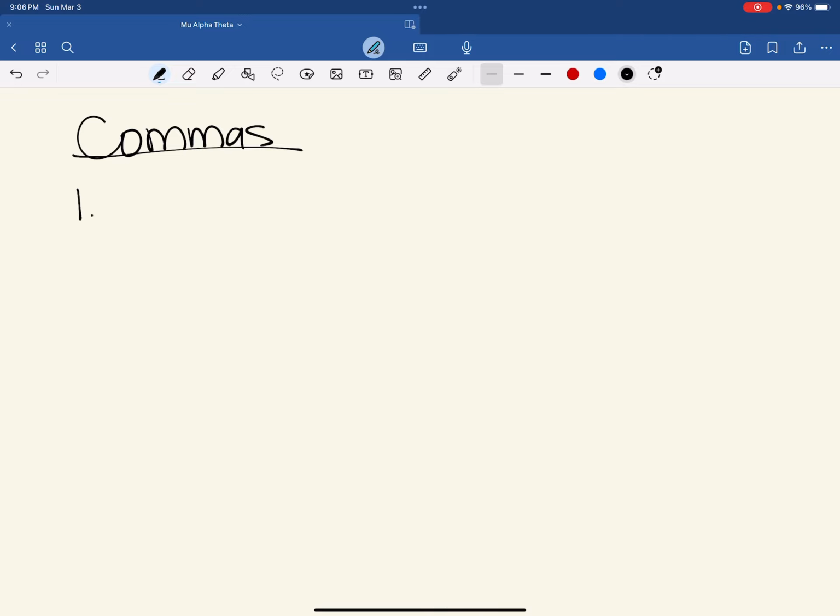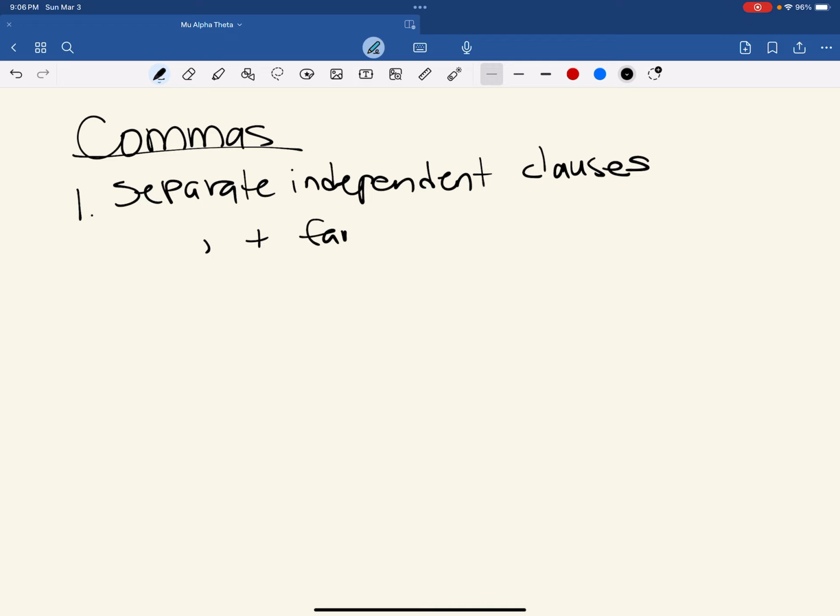One is to separate independent clauses. An independent clause is a full sentence, but to separate the independent clauses, you need to add a fanboy. So it should be a comma plus fanboy. Fanboy is for, and, nor, but, or, and yet. For example, a correct sentence separating two independent clauses would be,